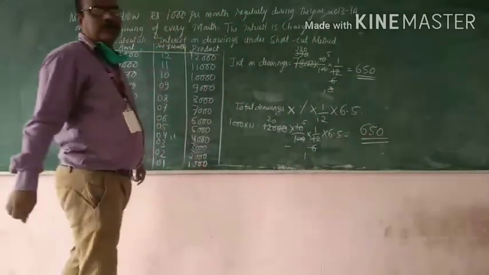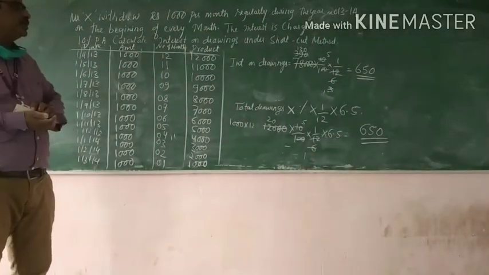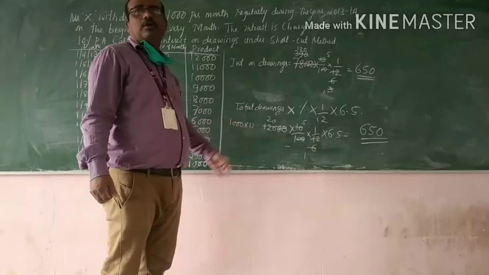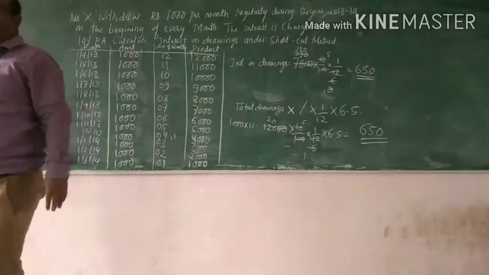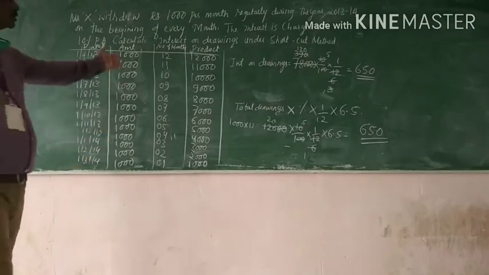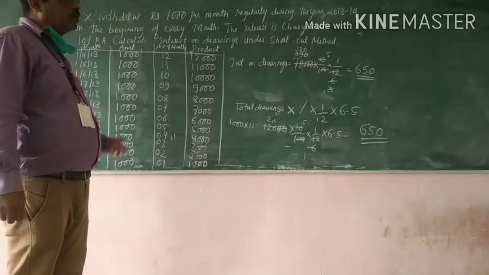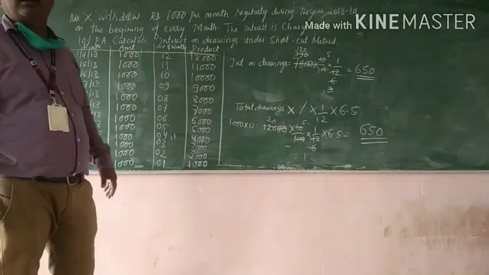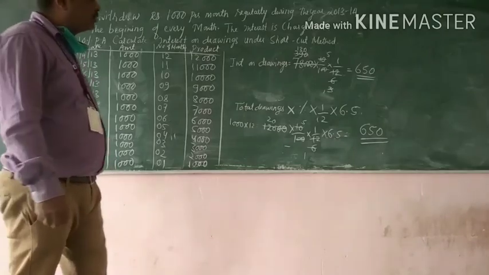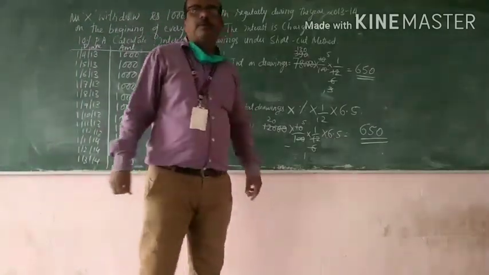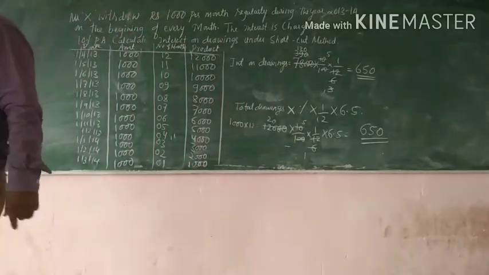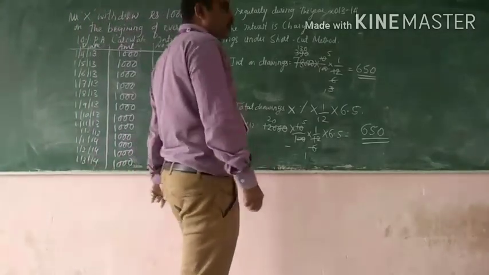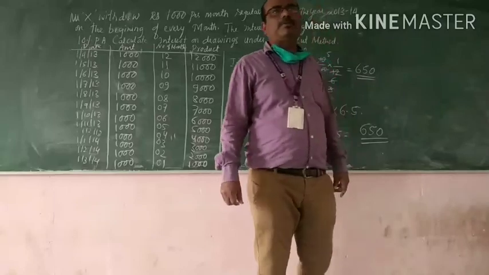So now you can decide on your own which method is very easy for you, either this lengthy method or this method. This is the method which you can adopt if the amount is fixed and it is the same throughout the year, and the date of drawings is also the same, either beginning of the month, middle of the month, or end of the month. For the beginning of the month you should consider 6.5. If it is in the middle of the month, you should consider 6, and if it is at the end of the month, you should consider 5.5. Thank you.